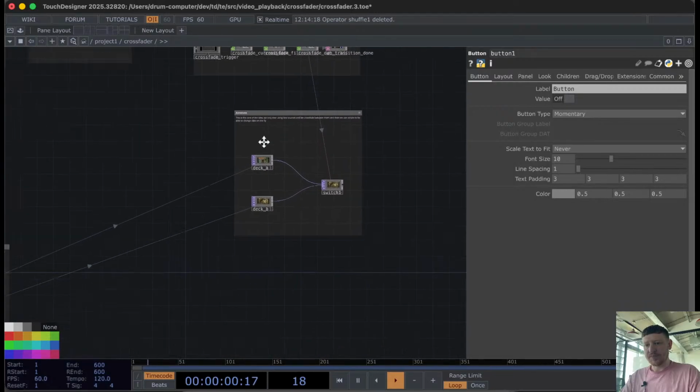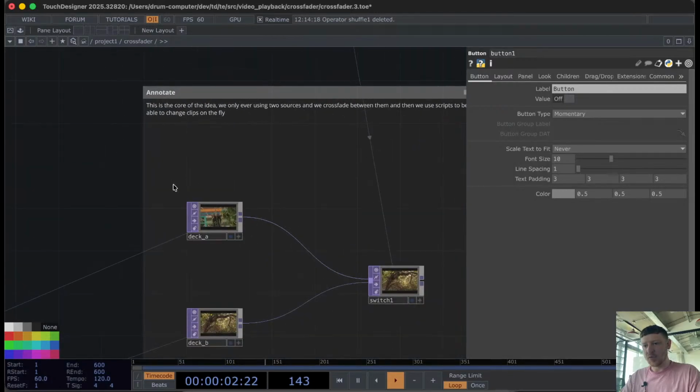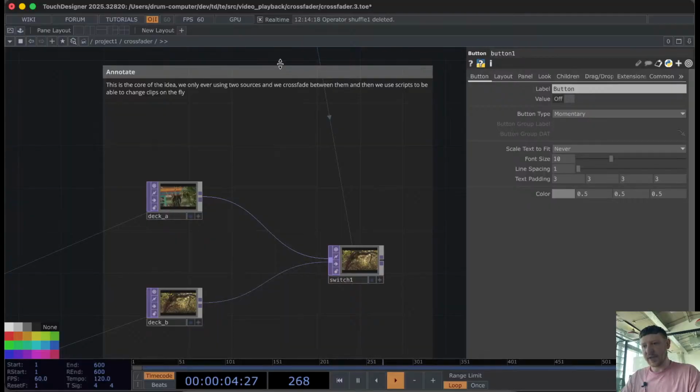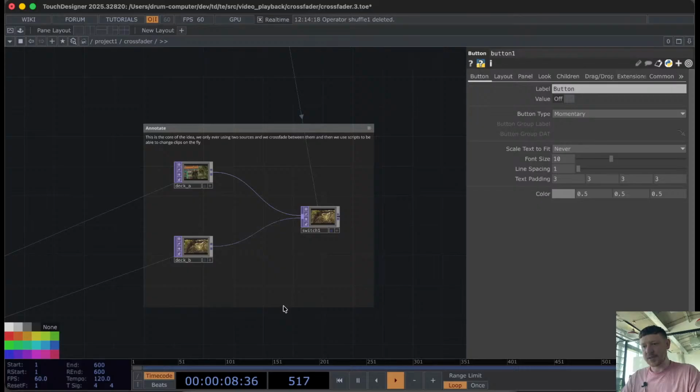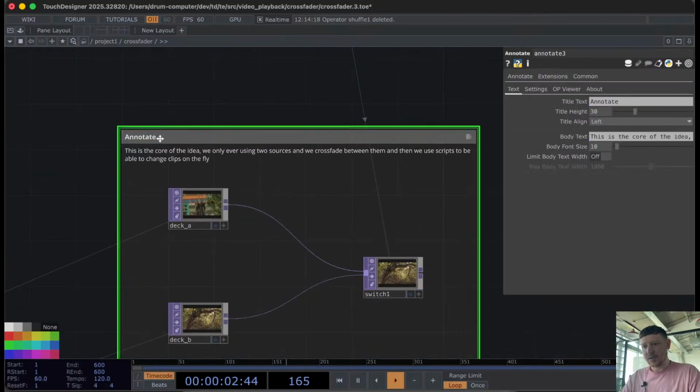Now, this is the most important part. It's kind of like the gist of the whole technique. So actually this is our,